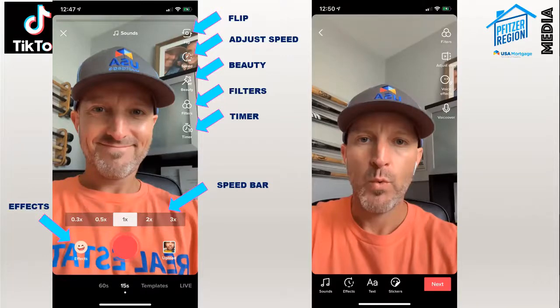So that's effects. And then we've got this little button right here. You can upload from your photos. I've actually been doing a lot of this lately. There are times when I'm just videoing my life on my phone, right? I'm just taking a video of my kid or something that's going on, and I didn't have the foresight to think, oh, this would be a good TikTok. And it turns into a really good 10-second or 15-second video, and I'm like, ooh, that would make a great TikTok.